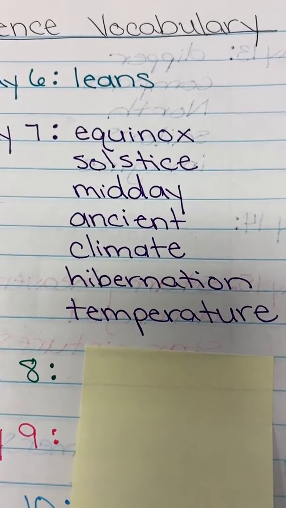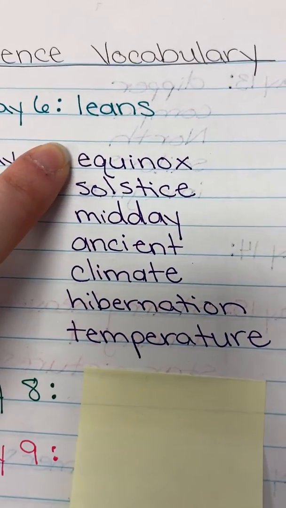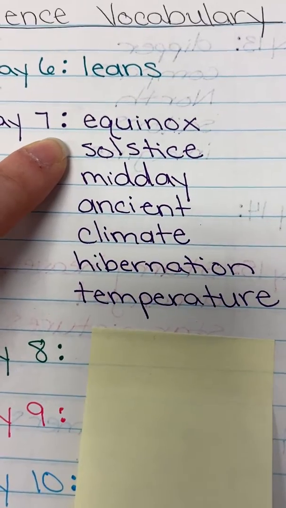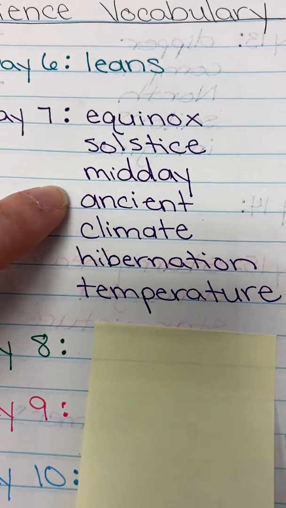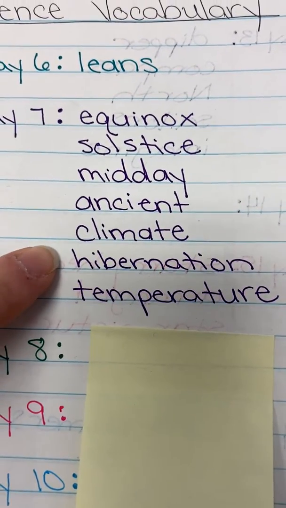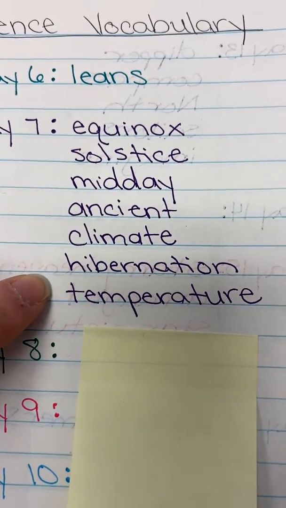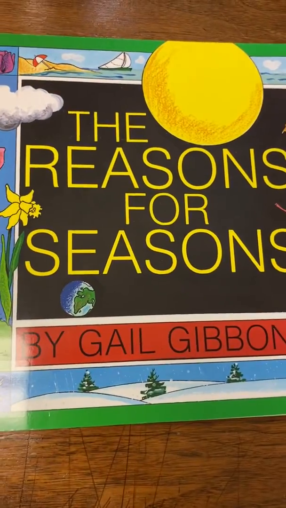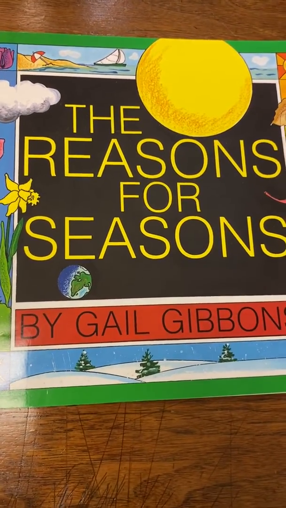So we are learning the words equinox, solstice, midday, ancient, climate, hibernation, and temperature. So we are going to read the book first, The Reasons for Seasons, and then parents,